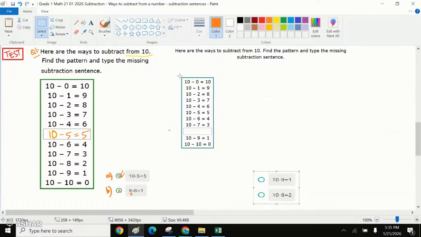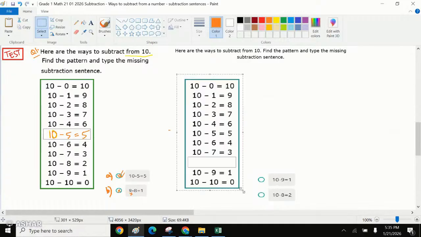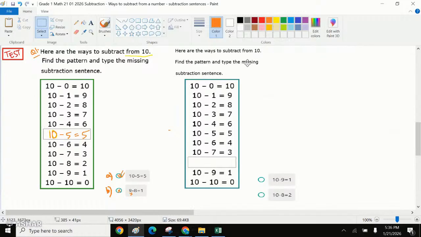These are the two options given to us. These are the numbers which are given to us. We need to find the missing sentence. This is question number 2 from the test, from 10. So which option should be correct? Option A or option B? Yes, Precious, it was option number A. For question number 2,